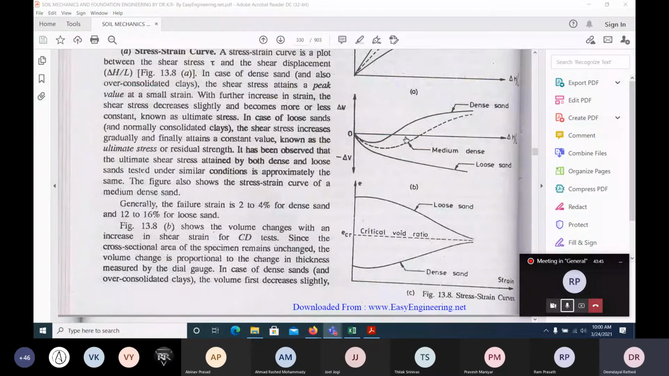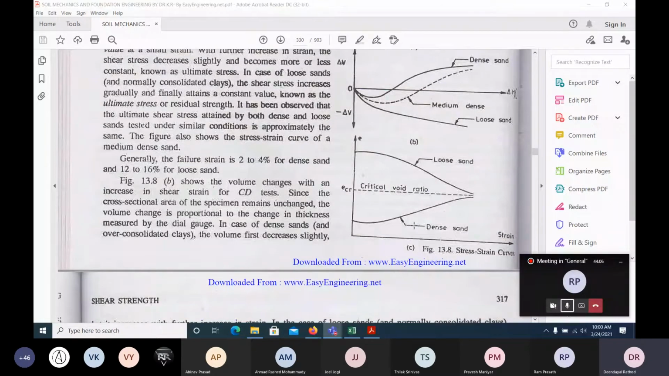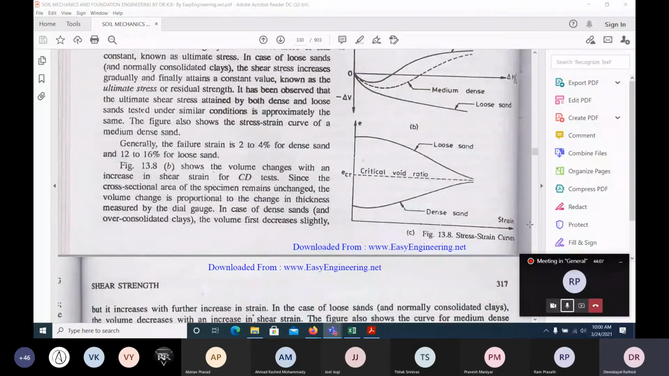Then it goes up like this. The dense soil will have it this way. Again, the loose soil will keep on changing the volume, and it only reduces. For dense soil it will reduce and then increase. Medium follows in between. And when you measure the void ratio also, in the y-axis, and the shear strain in the x-axis,